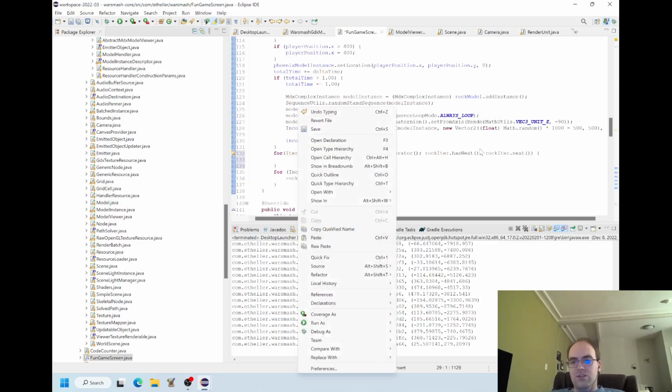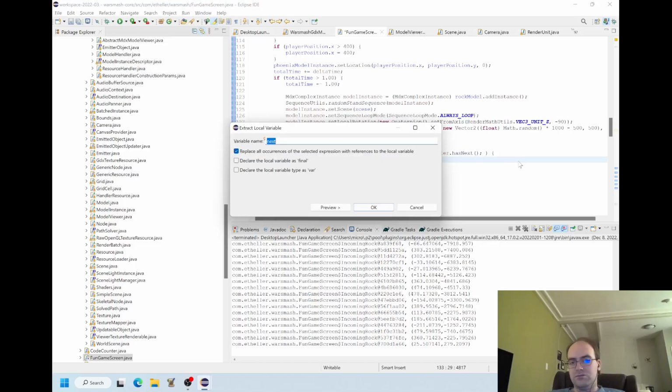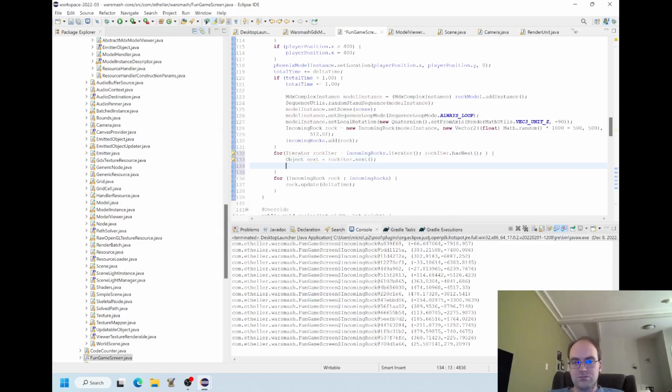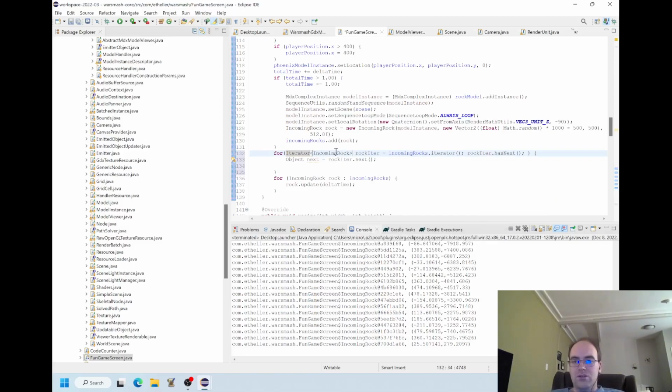So yeah, basically this, rock iterator next. Maybe this is where, oh yeah, okay. Iterator incoming rock. So this is an incoming rock, and then maybe I'll just call that rock, and then copy